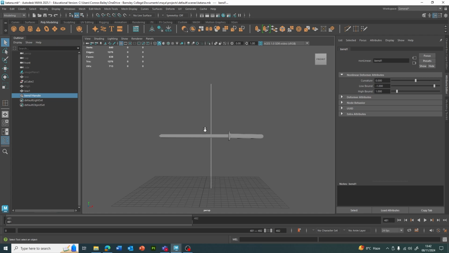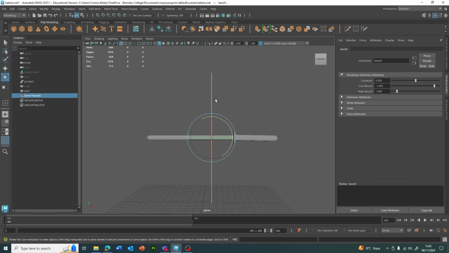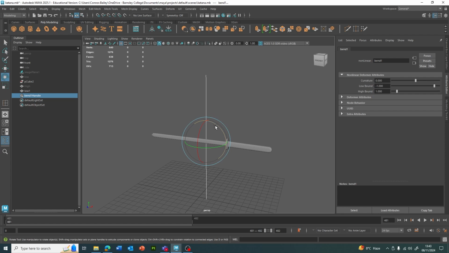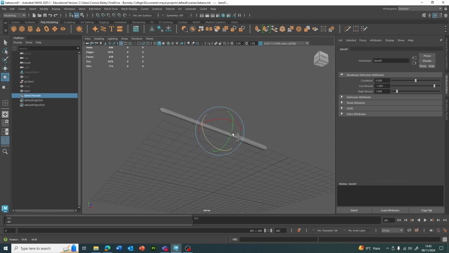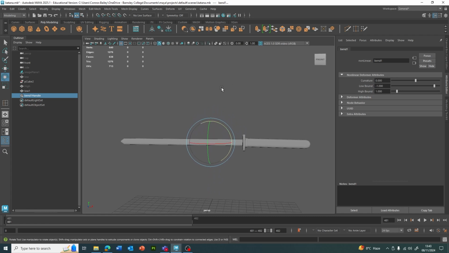So we've got the bend one handle. I obviously need it inside of the katana, so we're going to press E to get rotate and hold J to do increments of rotations, and then now it is inside. So what we can do is press Control A if we've not got the attribute editor, and we can change